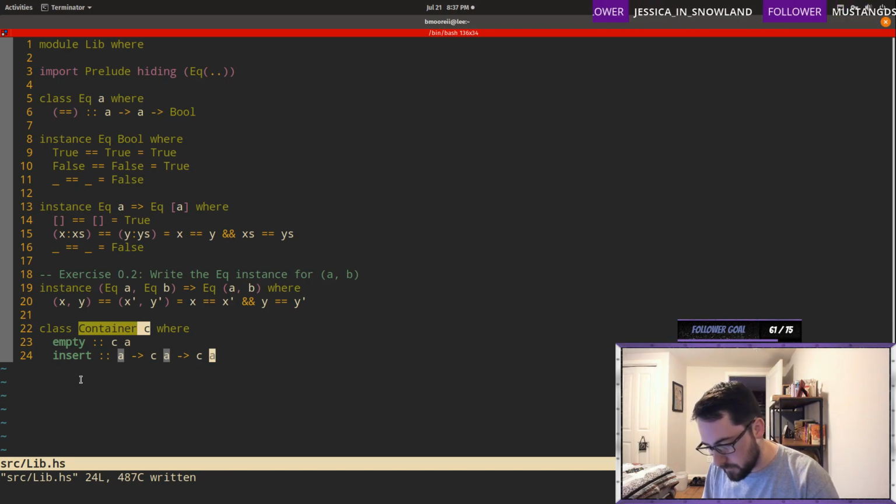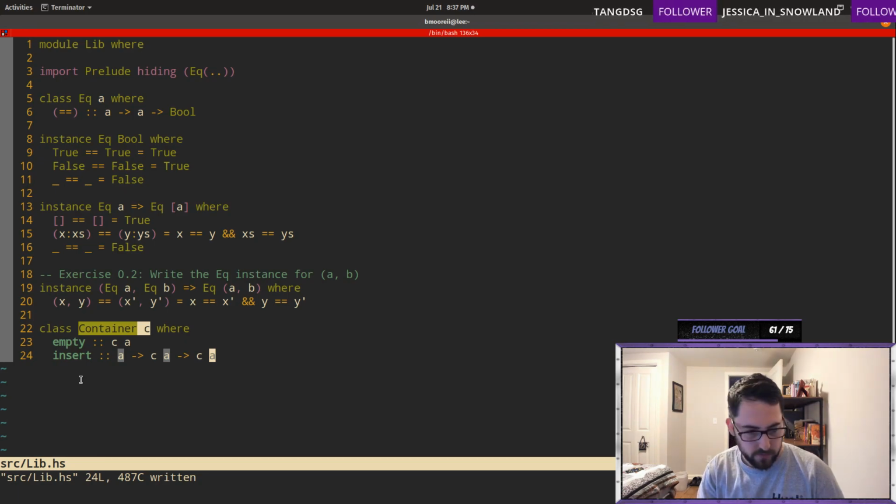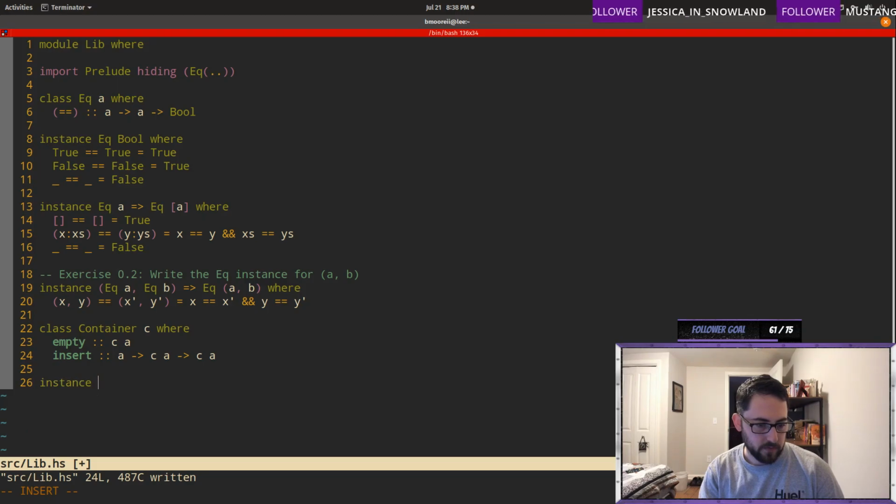Okay, so it says write the list instance or implicit value for the container type class. That's a Scala question, so we're going to skip that and write this for lists.